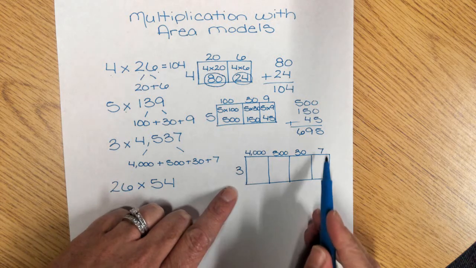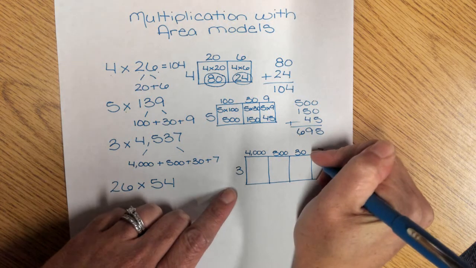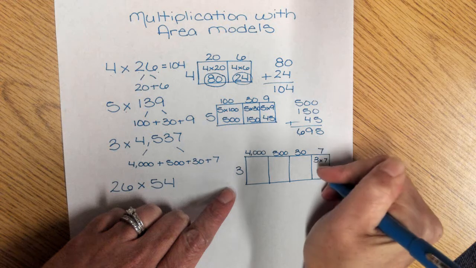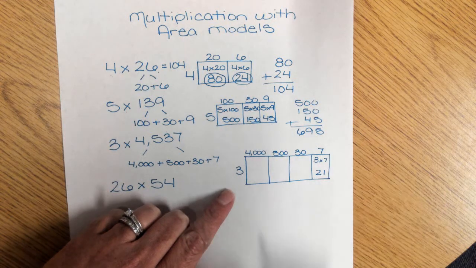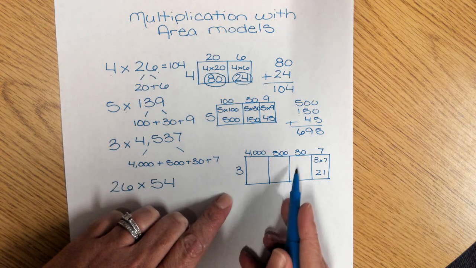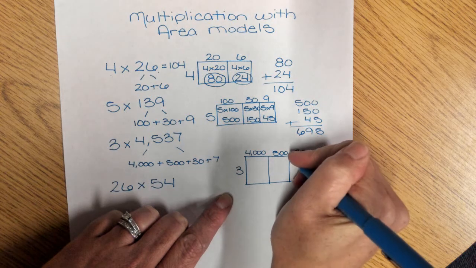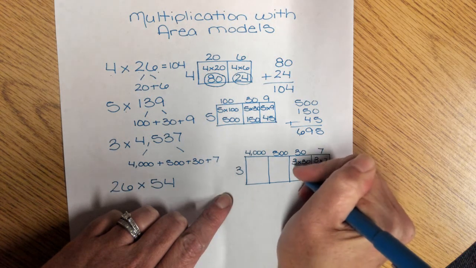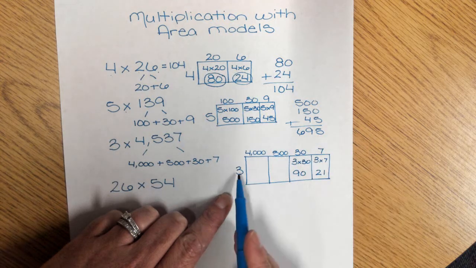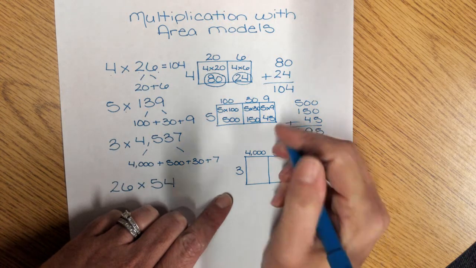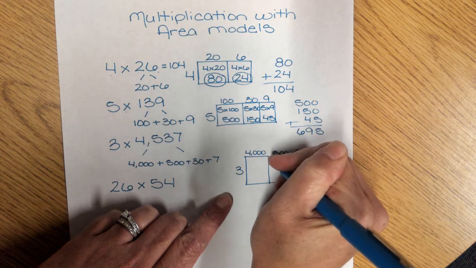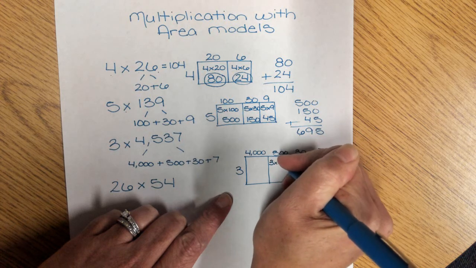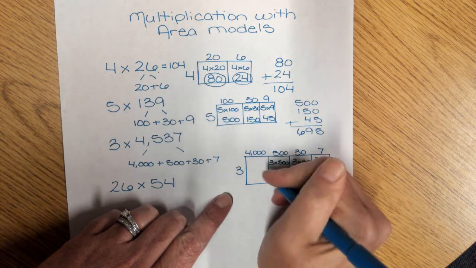My 3 is going to come over and meet my 7. 3 times 7 is 21. My 3 comes over, meets my 30. 3 times 30 is 90. My 3 comes over, meets my 500. 3 times 500 gives me